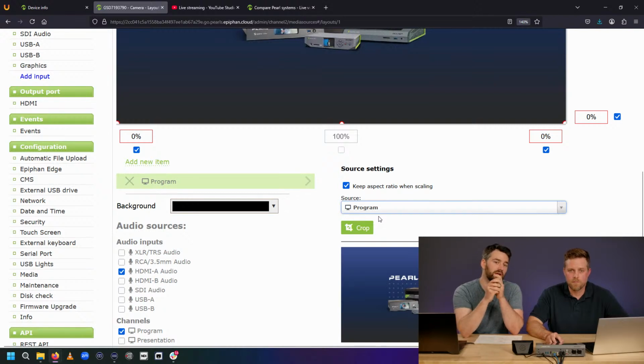If we were to decouple the XLR inputs on Pearl, in this case, you'd see an XLR 1 and 2. On a Pearl 2, you'd see 1, 2, 3, and 4. So if you're doing it by XLR on Pearl 2, you could do 4 different channels, 4 different languages, and then stream those off to different YouTube feeds or something like that, or have different isolated recordings. So that'd be typically how you do that.